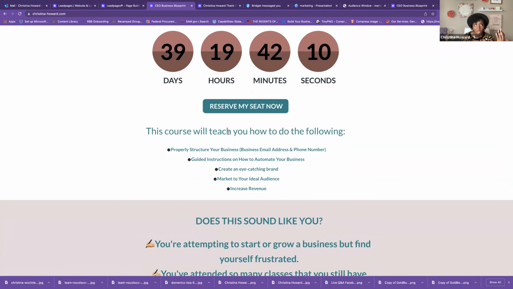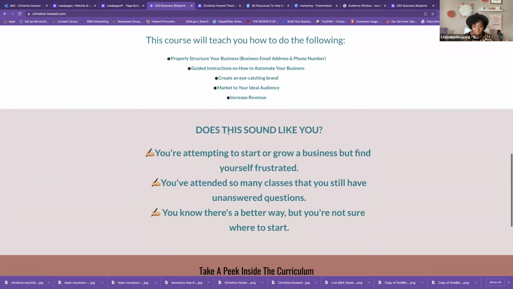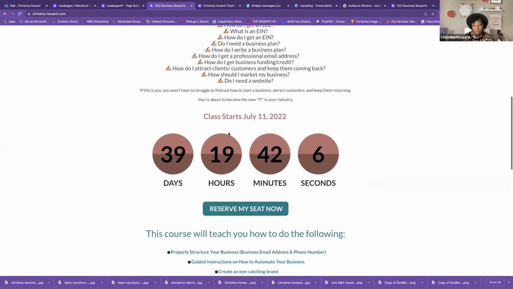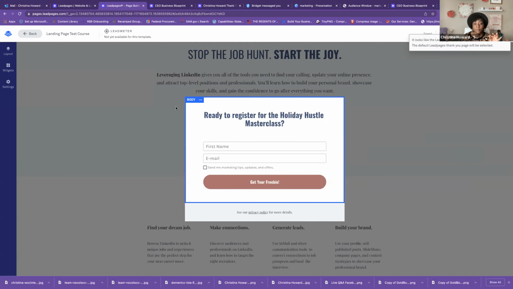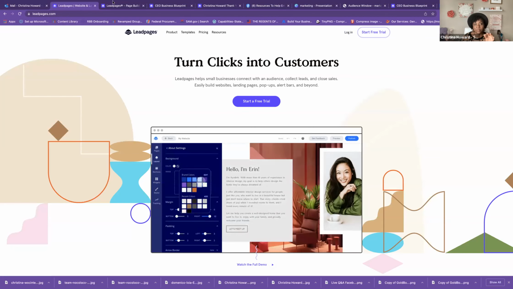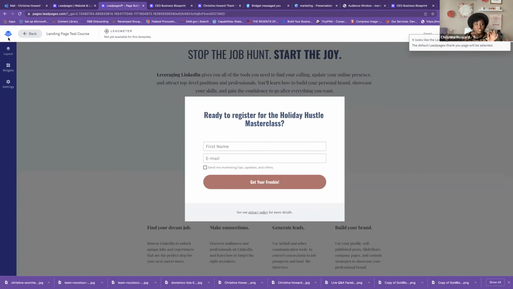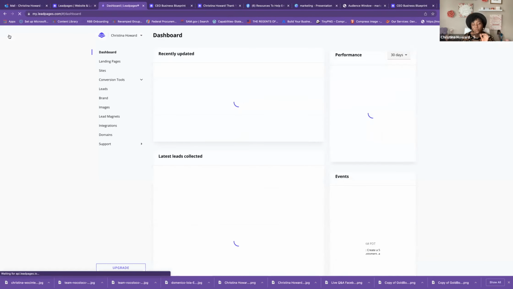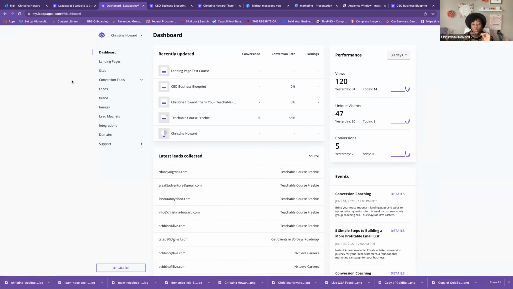I know it might sound like a lot, but once you set it up, all you do is promote it. You can create your email, your website domain name. You can link it to Leadpages. So for example, people think they can only use their website address on a website. Not true. So let me show you how, if you have a website name and you want to use it on the lead page and not on the website,